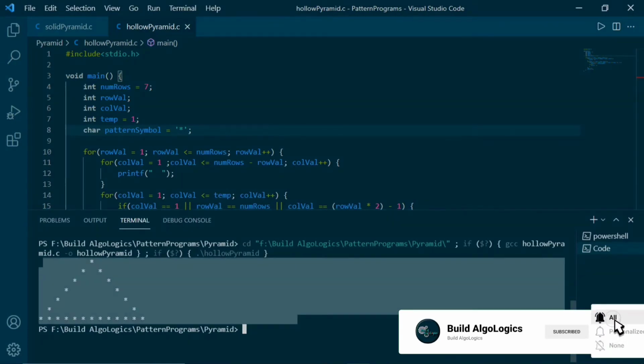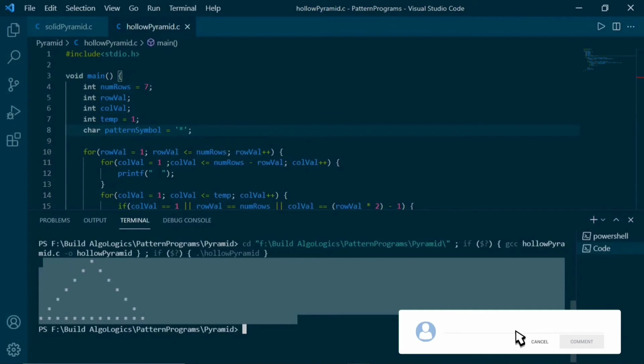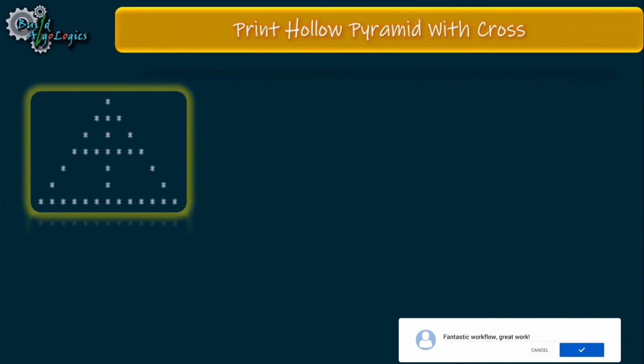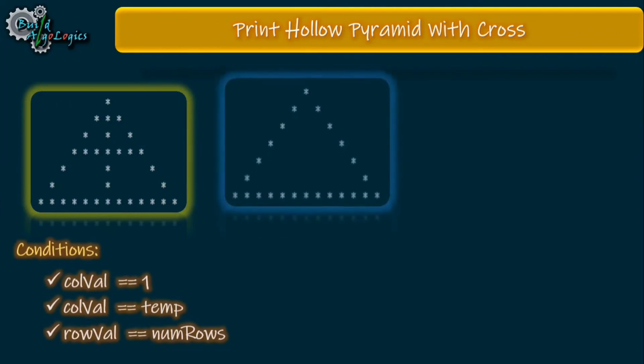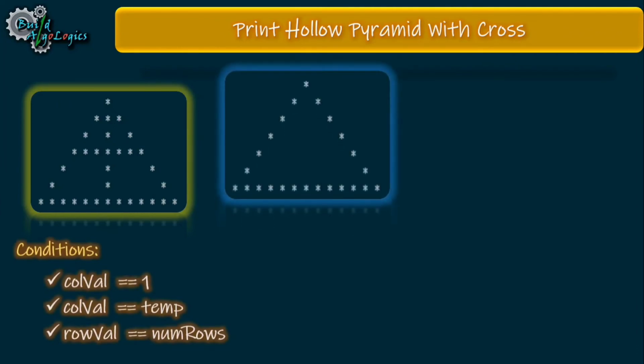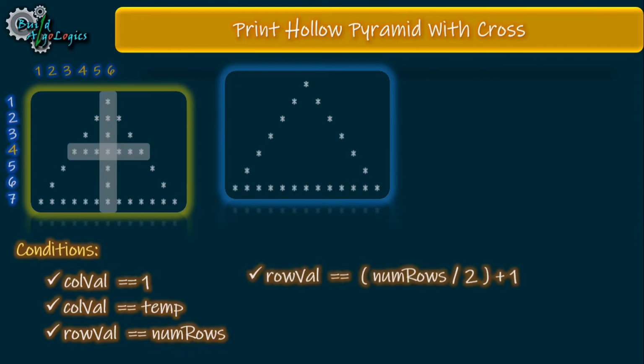Now let's see how we can approach writing our code for the next pattern. Alright, so for printing this pattern we require these 3 conditions to first print the hollow pyramid like this. Now here we need to find some more conditions to print these parts. So for printing this part, as this value of row is nothing but 4 here, and when we compare this value with our number of rows, it is approximately half of the value of num rows. Therefore we can make our first extra condition something like this, and this condition we already derived in many of our problems earlier.